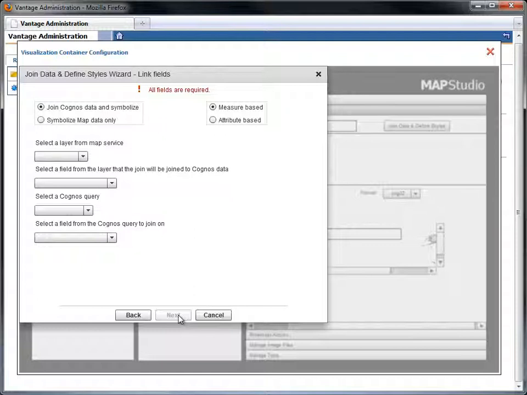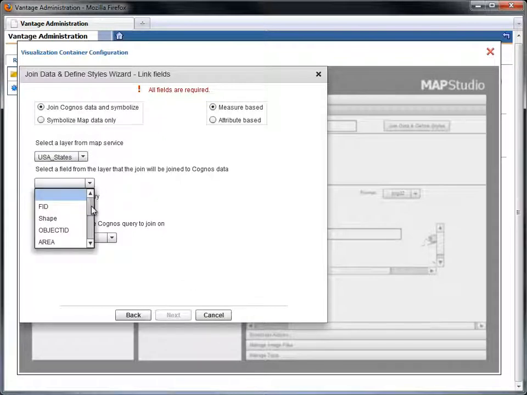Here we see information from two places. The top two fields here display data from the underlying Map Services layers, while the bottom two show my IBM Cognos queries and fields. I'll simply choose which map layer I want to use, in this case the state layer, as well as which map field layer I want to use to join to my Cognos data, in this case